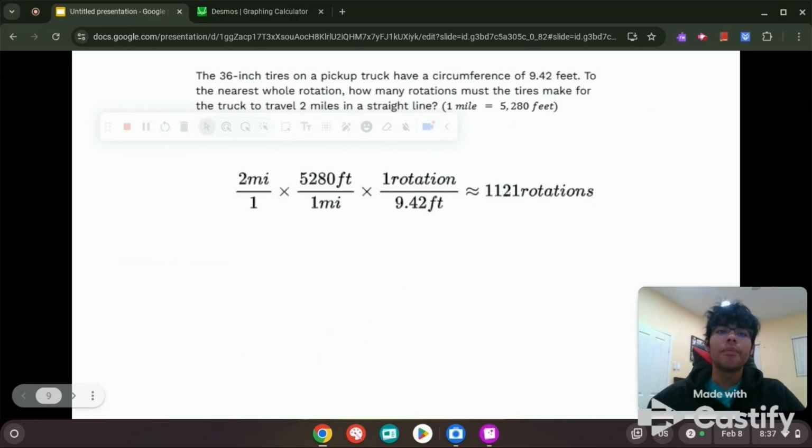Okay, the 36-inch tires on a pickup truck have a circumference of 9.42 feet. To the nearest whole rotation, how many rotations must the tire make for the truck to travel 2 whole miles in a straight line? So this is just